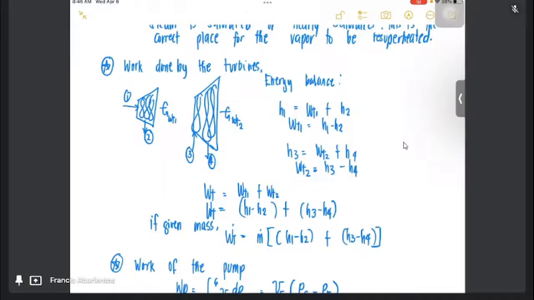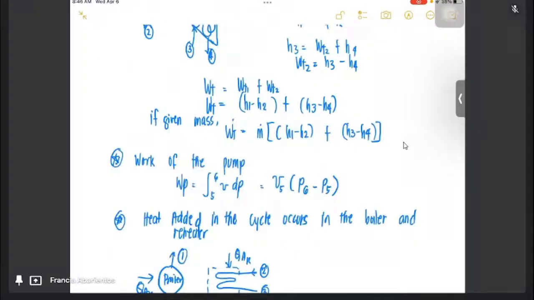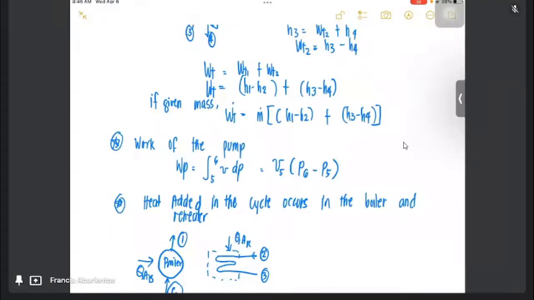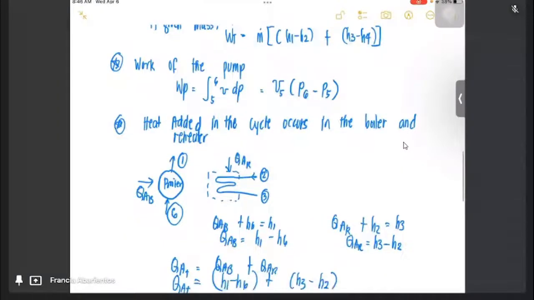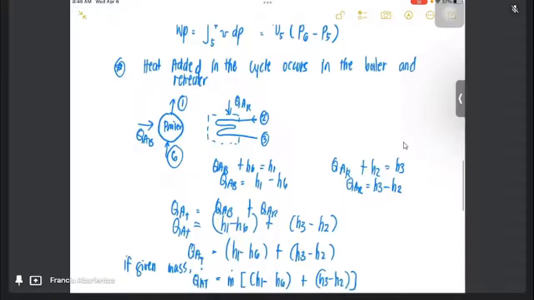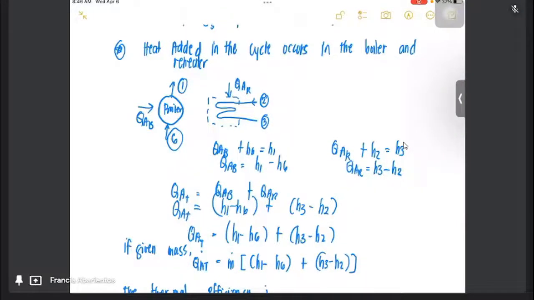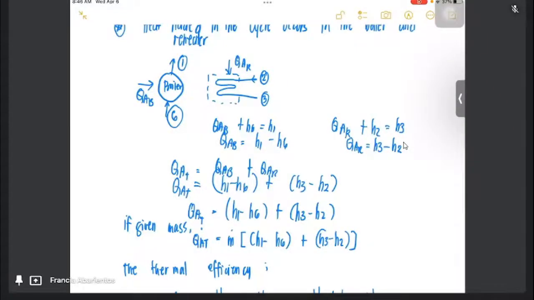Mabilis si ma'am kasi pupunta tayo sa examples. Mag-solve tayo. After that, the work of the pump, we make use of the approximate work of the pump. And the heat added now in the cycles. So it occurs now in the boiler and the reheater. Okay? So pinakita ko lang dito yung energy